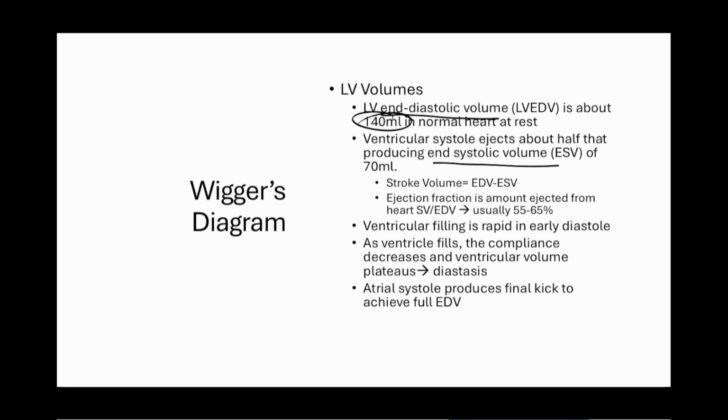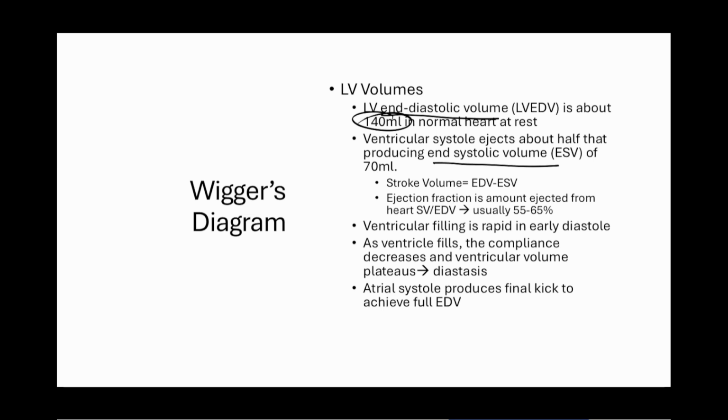The heart needs some volume of blood in it at all times to keep its shape and prevent collapse. So we have two new variables. Your end diastolic volume, the amount of blood in the heart right before you squeeze. Your end systolic volume, the amount of blood in the heart right at the end of contraction. So you've squeezed out all the blood that you're going to. Aortic valve shuts, and that's where we're at.